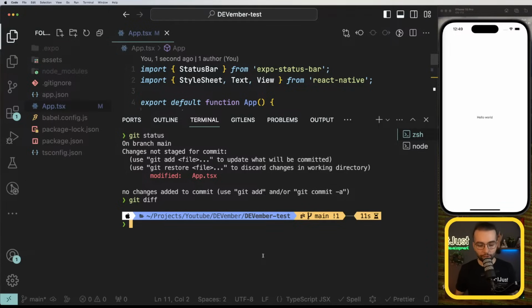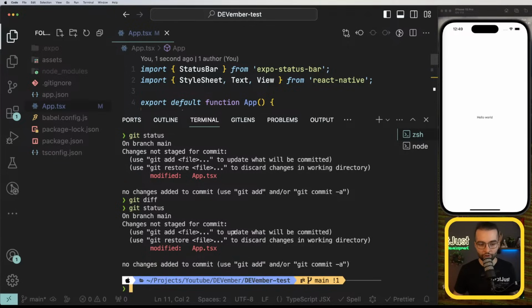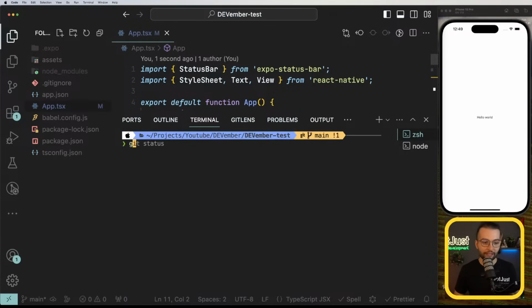So after you finish a feature, the first step to do is, of course, check with git status what's going on here. After that, if we are happy with the files that we want to include in this commit, we can do git add, and here we will specify the files that we want to add. In most cases, like in 99% of the cases, that's going to be git add dot, and this means git add